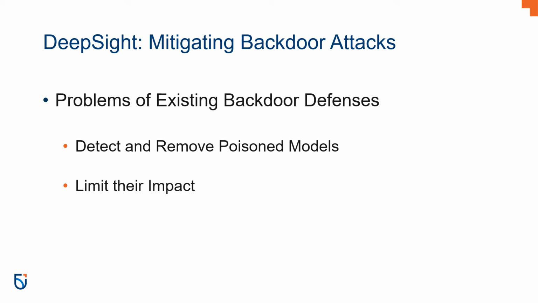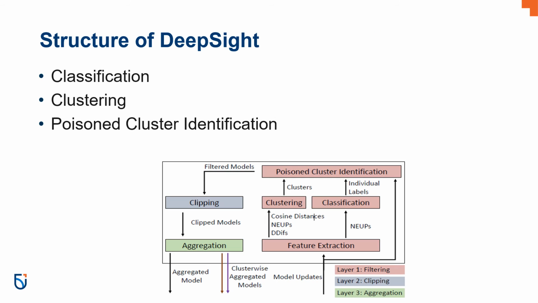The problem with existing backdoor defenses is that they aim to detect and remove the poisonous models, and limit their impact. In the first strategy, model updates differing from the majority are considered suspicious and excluded from the aggregation. However, the second strategy has the drawback that it is not effective against poisonous model updates with high attack impact. So in order to address this problem, they have proposed DeepSight, a novel filtering approach for mitigation